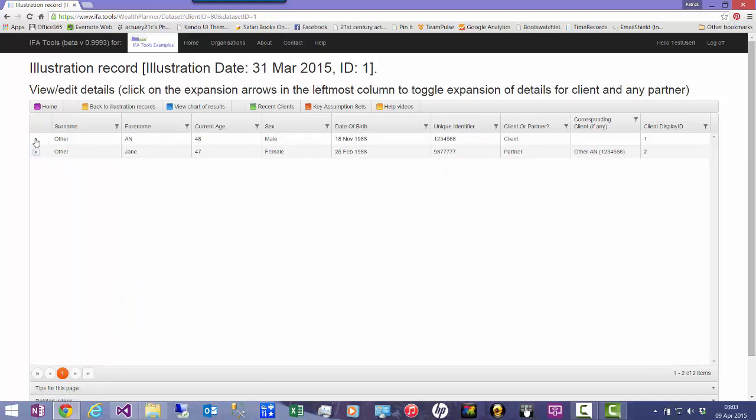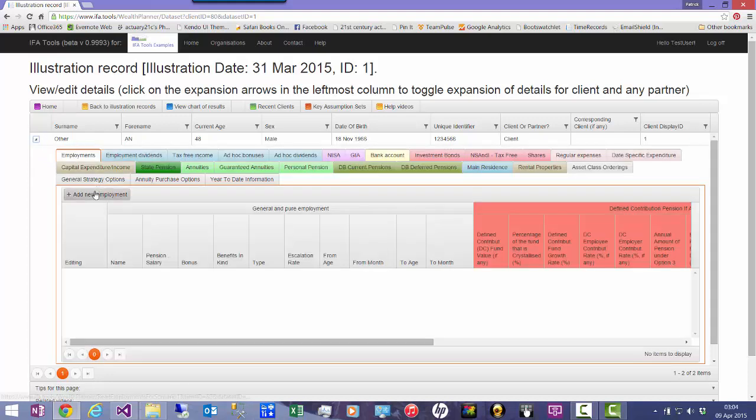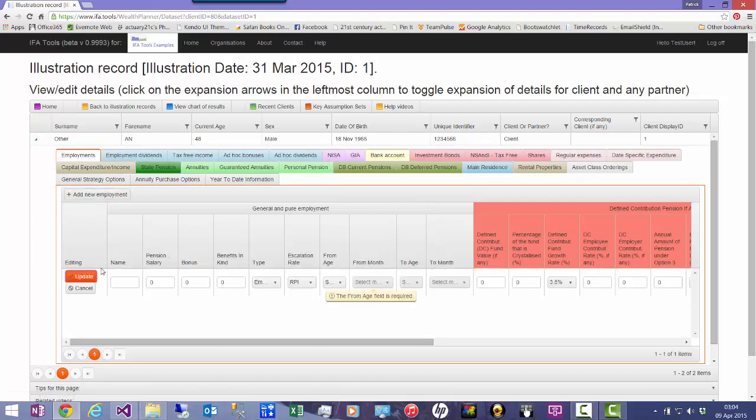So to save space, we don't have them both expanded, but I'm going to enter first of all some salary information for the client. So the name of the employment, probably the company, going to put in £25,000 a year, and it's employed rather than self-employed. Assume it goes up with price inflation, and is starting from the current age,